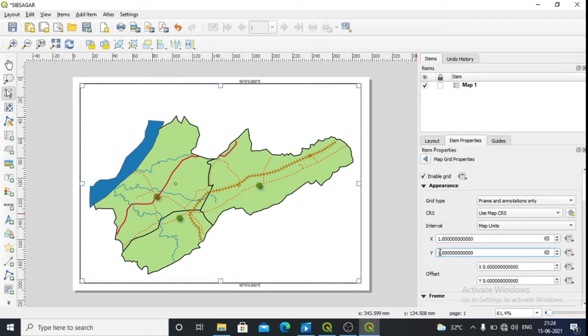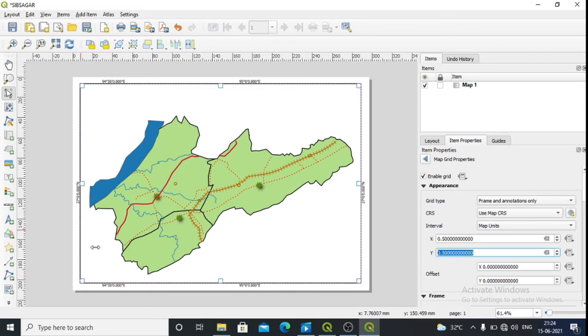If I set 1 degree, this is a latitude and longitude value. Now I see that with 1 degree it is too crowded. So let us make it 0.5, that is 0 degree 5 minute. Okay, we have made a 5 minute interval.